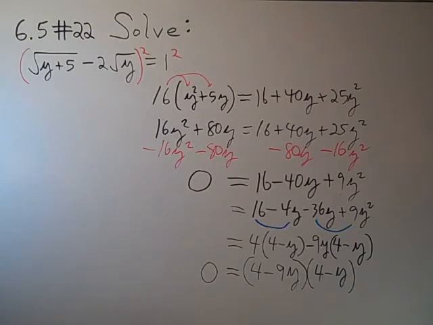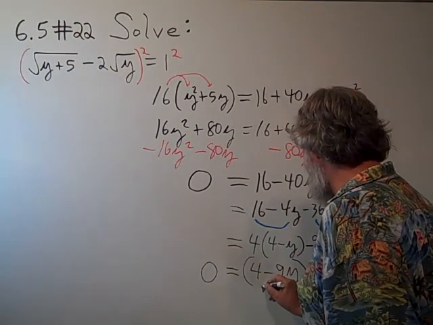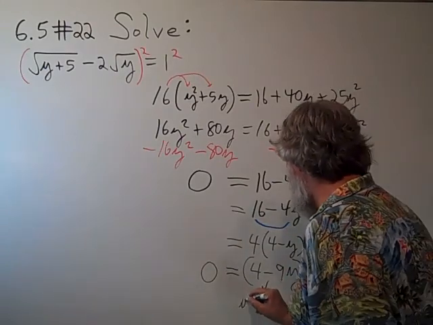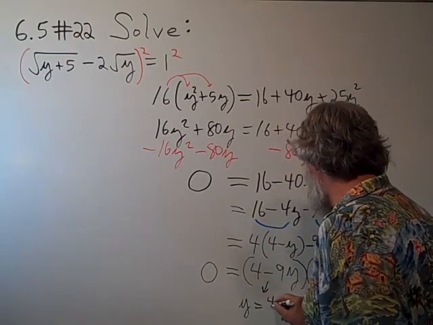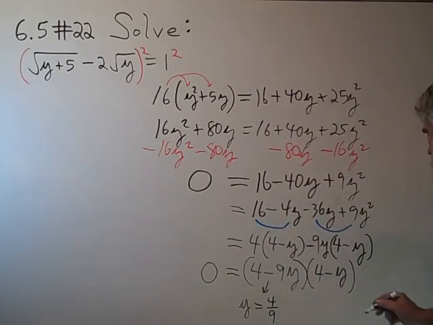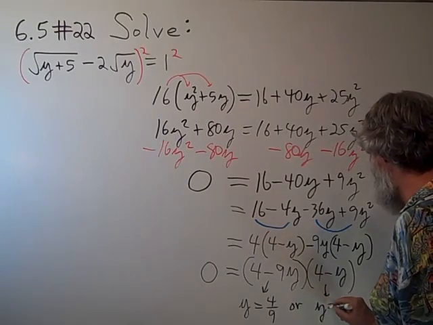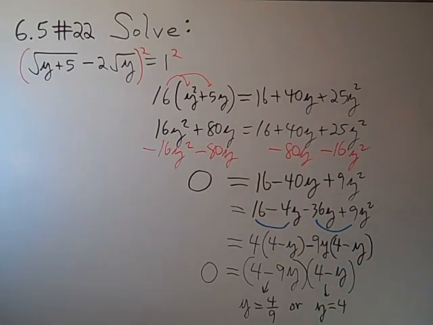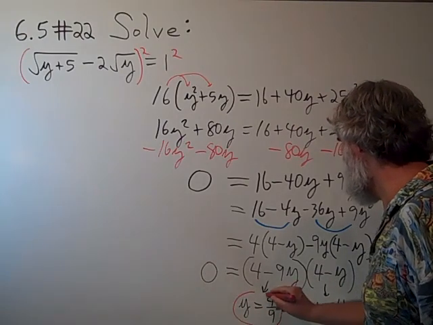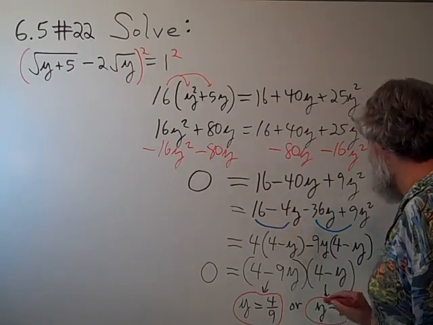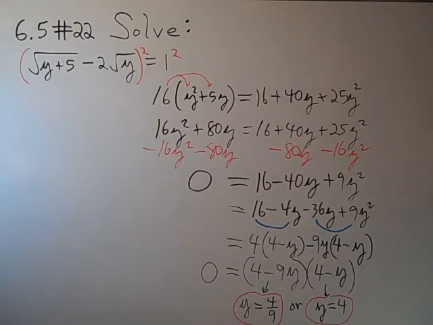So this is 0 if one of those factors is 0. So we get two possible solutions. This factor is 0 when y is equal to 4/9. Or this factor is 0 when y is equal to 4. So there's two possible solutions to this problem. And we have to check them both out to see if one or both